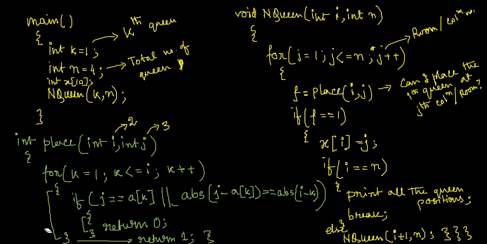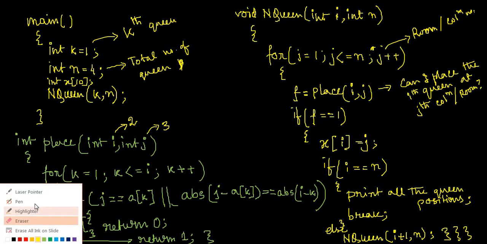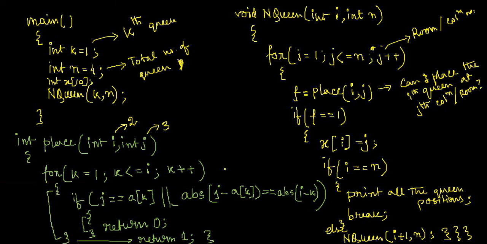So here, in the second side, j is equal to actually 3 right now, right? j is 3. So a of 1 means 1. And i is actually 2. And k is equal to 1. And you see 3 minus 1 is not equal to 2 minus 1. So this condition will also fail. So if both fail, that means it will not return 0. It will go for new value of k, that is k equal to 2.